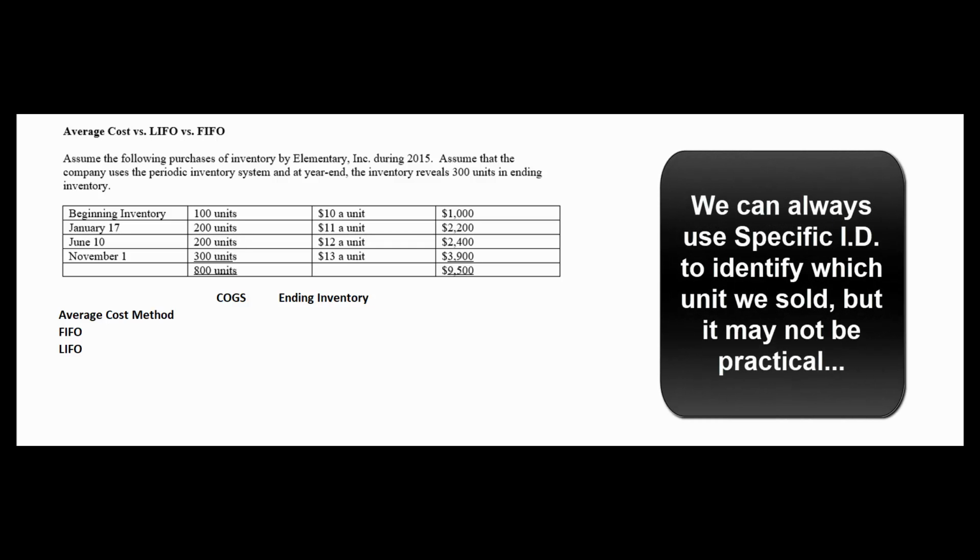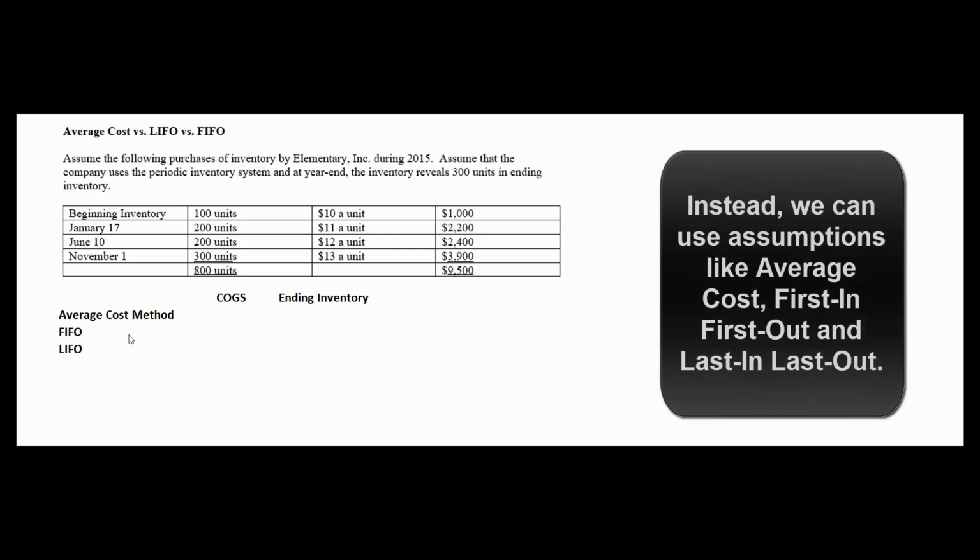We can always use specific ID. We can always use some kind of electronic system to specifically identify which diamond ring we just sold. That kind of makes sense. But what if we sell ball bearings? What if we sell ping pong balls? What if we sell thousands and thousands of these units? Well, maybe a better way to do it is to use one of the allowed assumptions like average cost, FIFO,